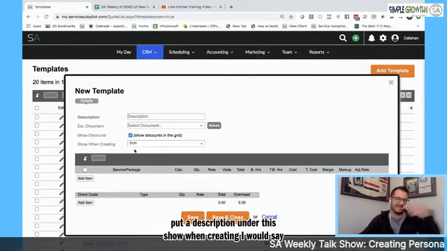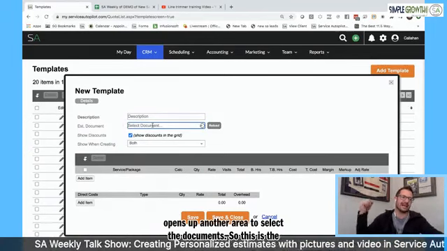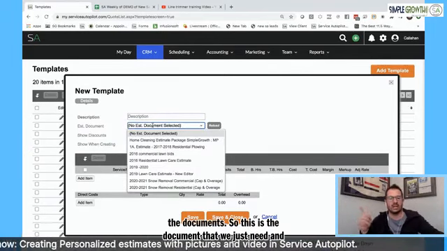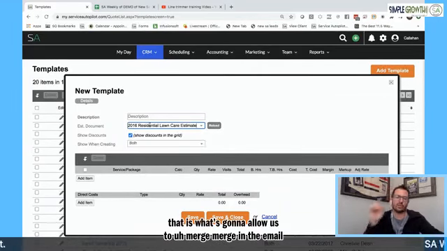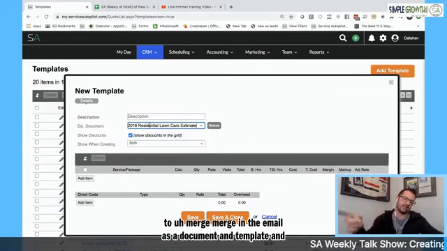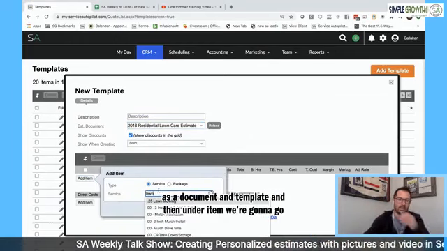I'm going to say both jobs and estimates. It opens up another area. So select the document. So this is the document that we just made. And that is what's going to allow us to merge in the estimate email, estimate document, and template. And then under add item, we're going to go in and put our lawn mowing